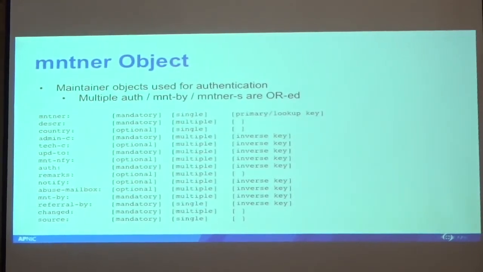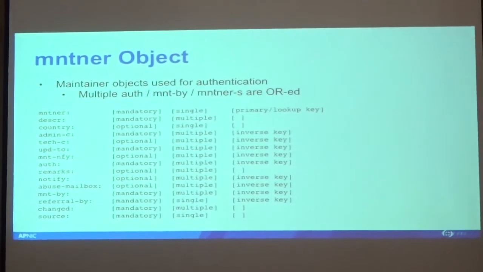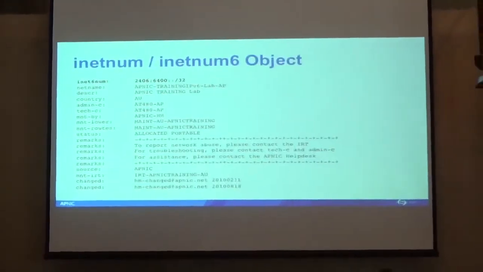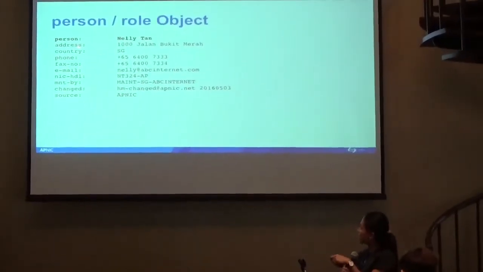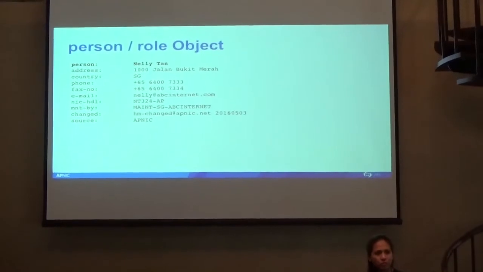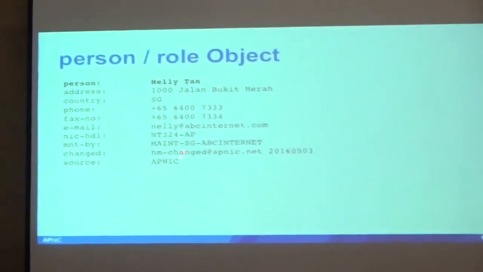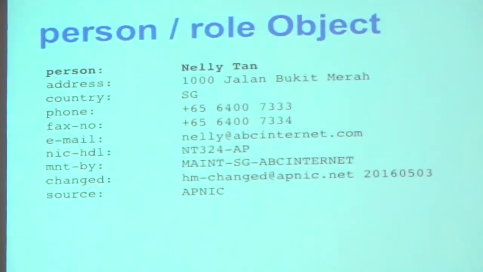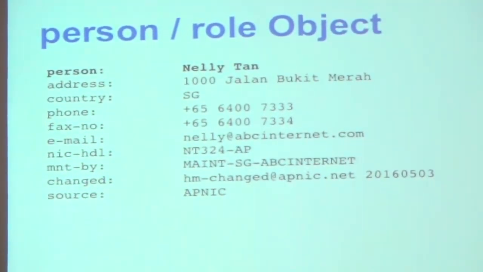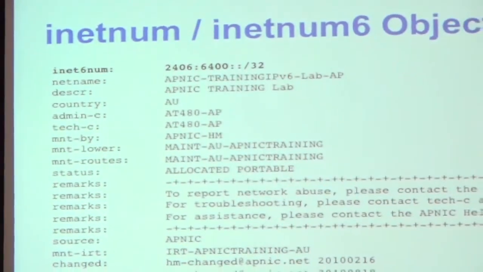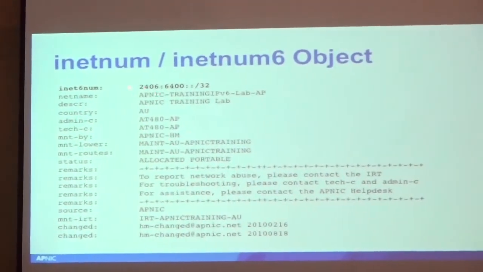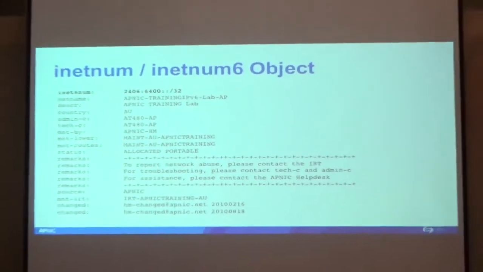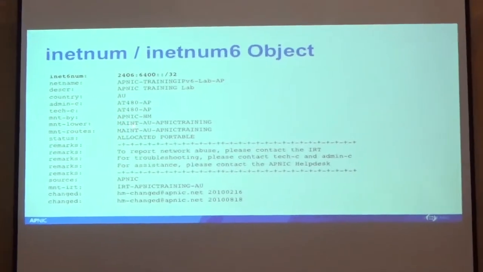So what is a maintainer again? Okay, it's used for authentication. If I want to change any information, say in my person object here, maybe my address has changed, who can change that? The one with the password for this maintainer, MAINT-SG-ABC-Internet. If I want to change information, maybe the administrative and technical contacts for this inet6num must change. Who can change that? The one who has the password for